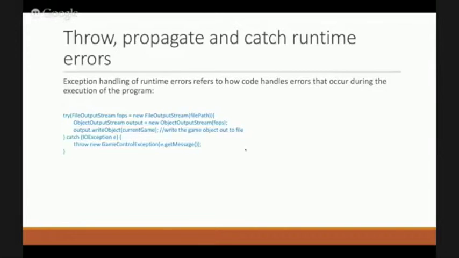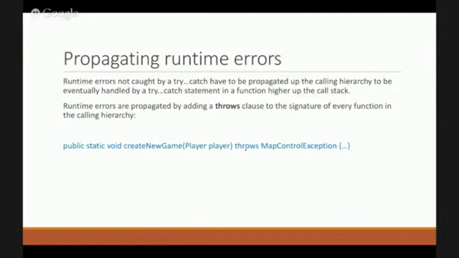So this is how we use a try-catch structure to handle runtime errors within an executing program. Now, runtime errors that are not caught by a try-catch statement need to be propagated up the calling hierarchy, so they can eventually be handled with a try-catch statement in the function higher up in the calling stack. Runtime errors are propagated up the calling stack by adding a throws clause to the end of the function signature